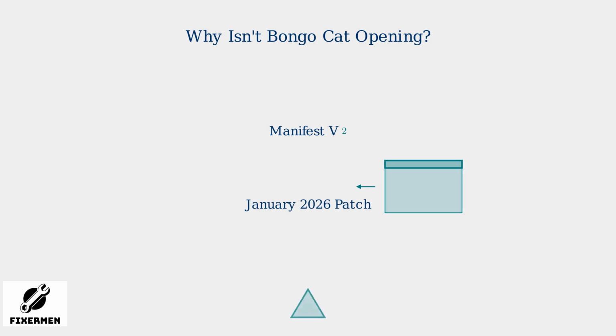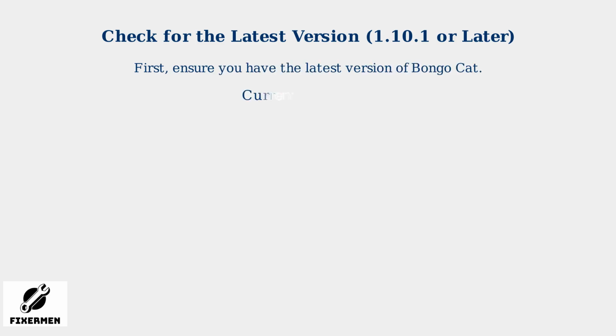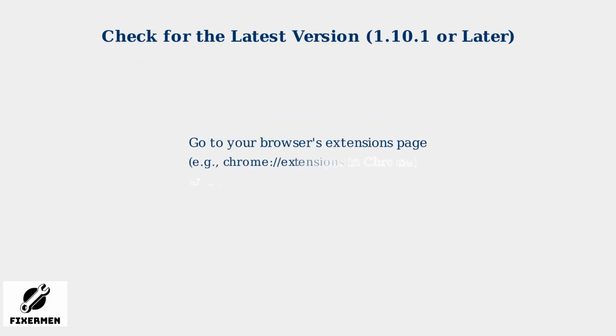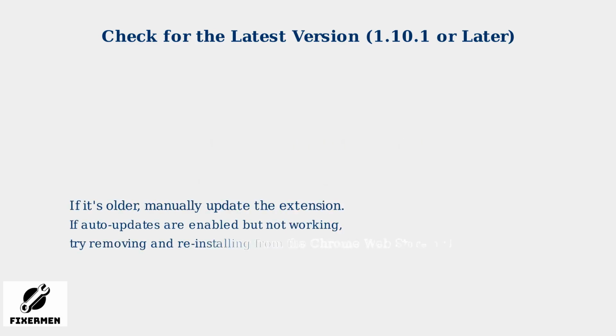In January 2026, a patch was released to fix these compatibility issues and restore Bongo Cat's functionality. First, ensure you have the latest version of Bongo Cat. As of February 2026, the current version is 1.0.2, with a hotfix 1.10.1 released in January 2026 to address compatibility